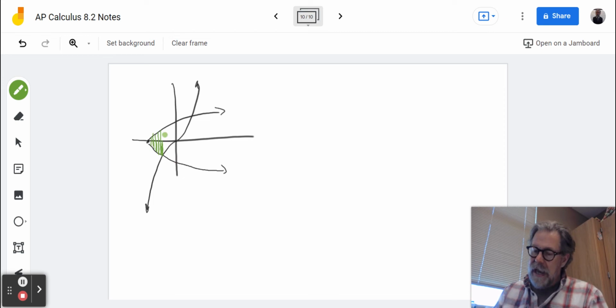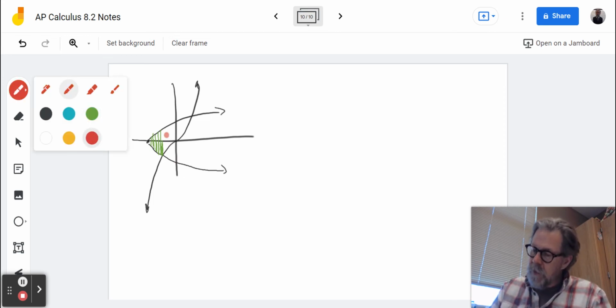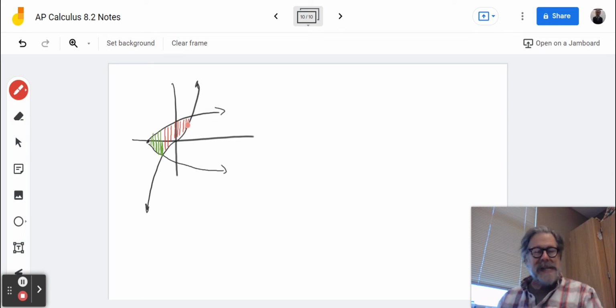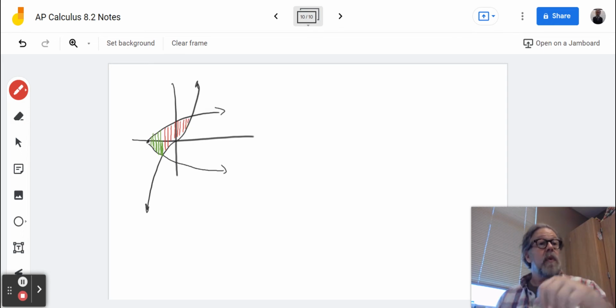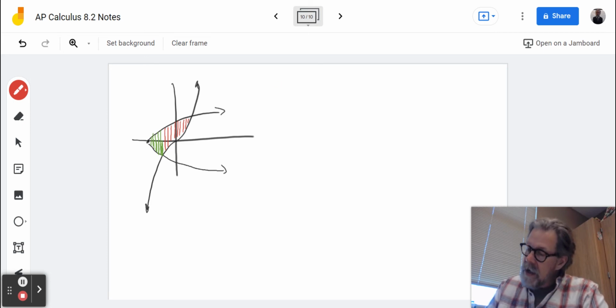Because here's the first half. And here's the second half. So how do I split this up? Honestly, this one's a little more complicated because I'm taking over here the integral from, let's call this A,